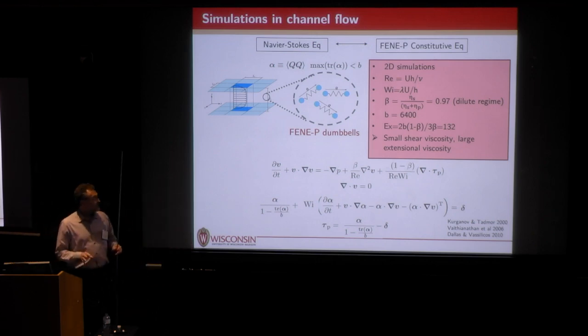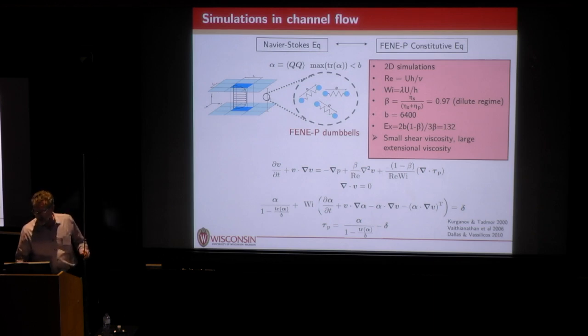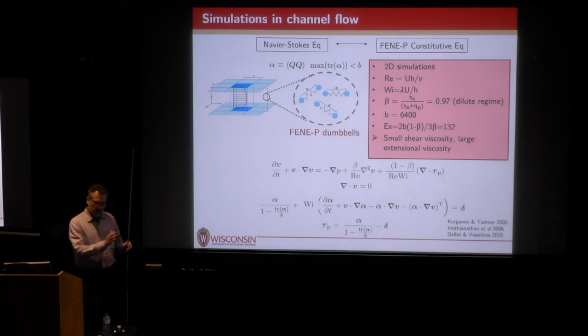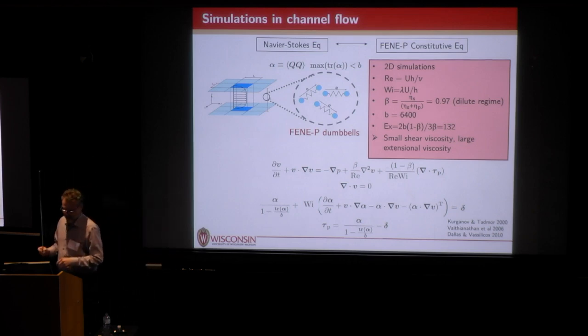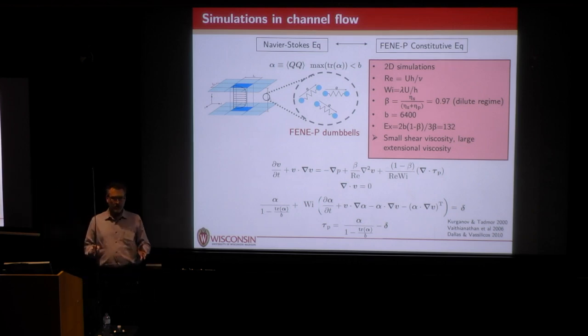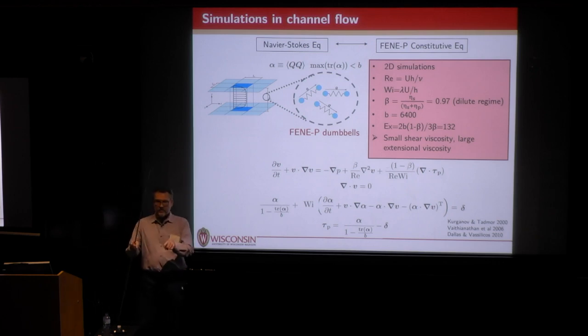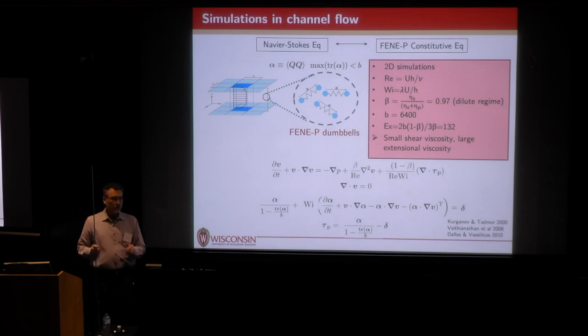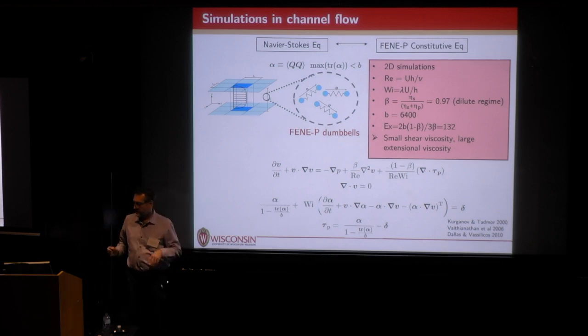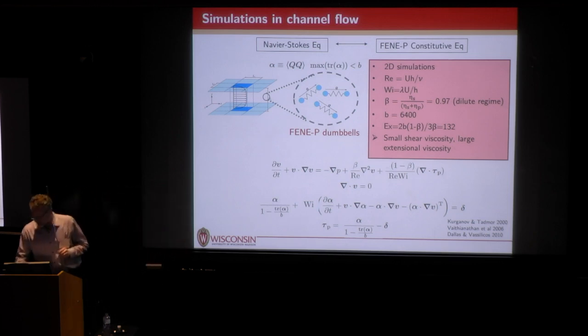All right, so the first topic was what happens at low to moderate Weissenberg number. We addressed this question by looking at the dynamics in so-called minimal flow units. These are domains that are basically as big as one pair of streamwise vortices. This is an approach that's been used for a couple of decades to try to understand near wall turbulent structure, and we're doing this in the viscoelastic case.